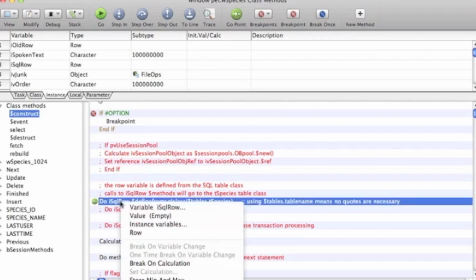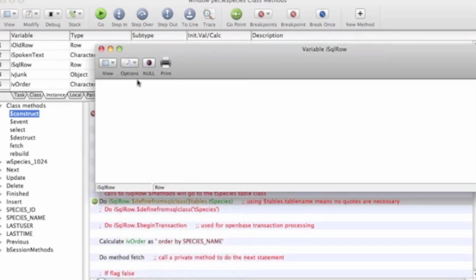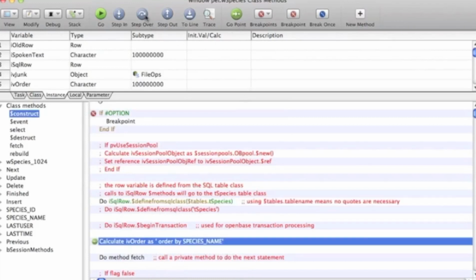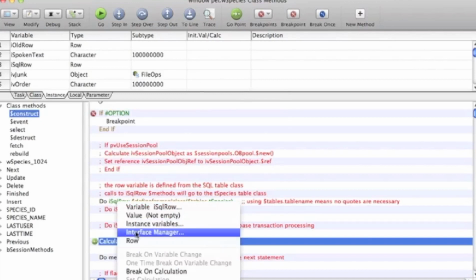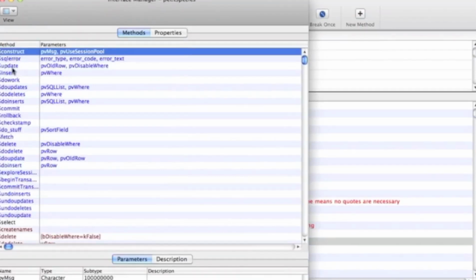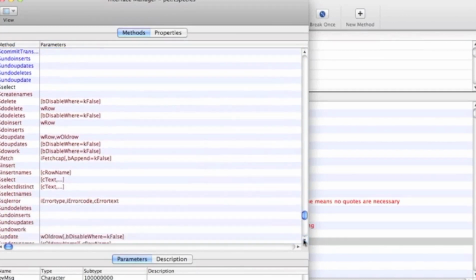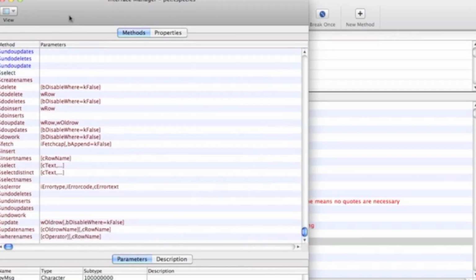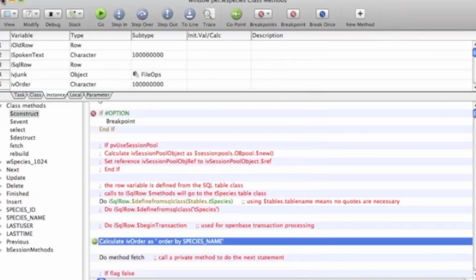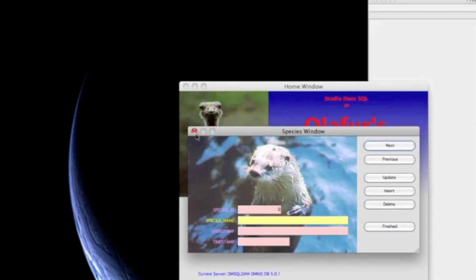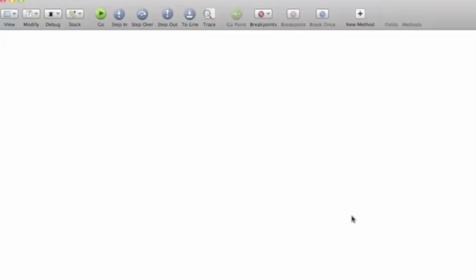So again, if I look at iSQLRow now, there's no interface manager, and when I look at it, there's nothing there. I'm going to step over it. And now when I look at it, I see an interface manager. I see all sorts of built-in methods, but look down here, I also see all sorts of methods that I've overridden for some reason, and they're all available to me. Now we're going to clear our method stack, close this, close you again, and this time,